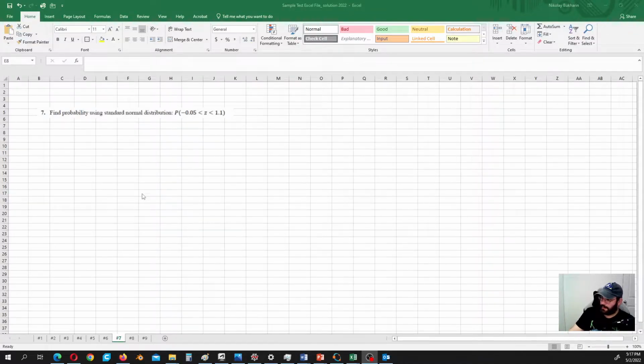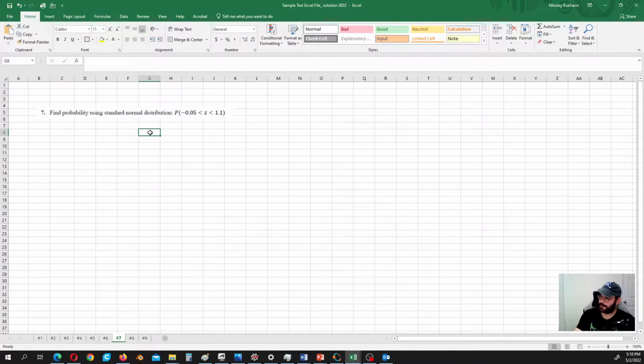Okay, problem number 7. So this problem is quite straightforward, since, in my opinion, each exam should include a problem which everybody can solve. Okay, so let's see. Here we just need to calculate the area under the standard normal distribution curve, and